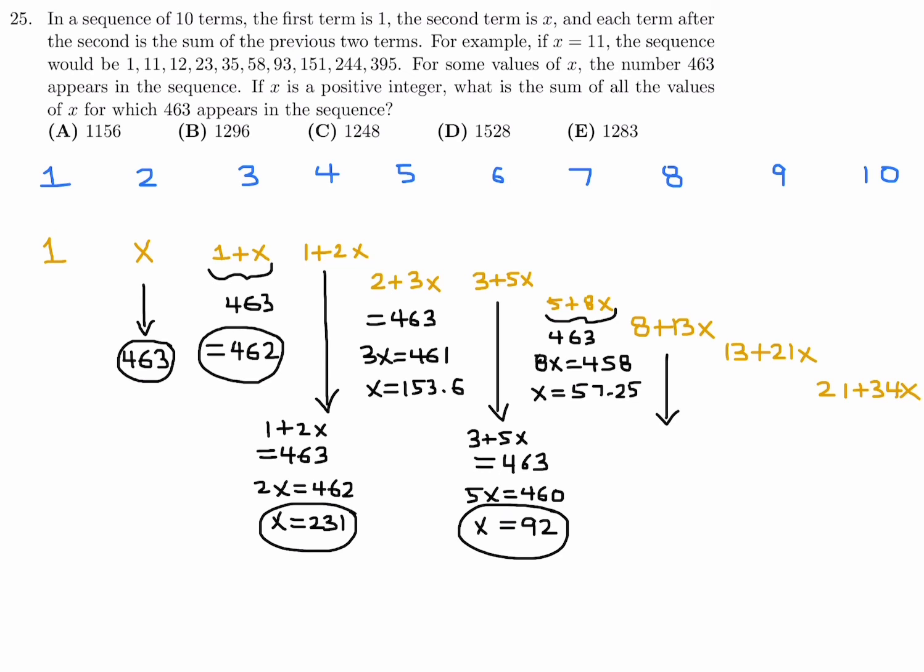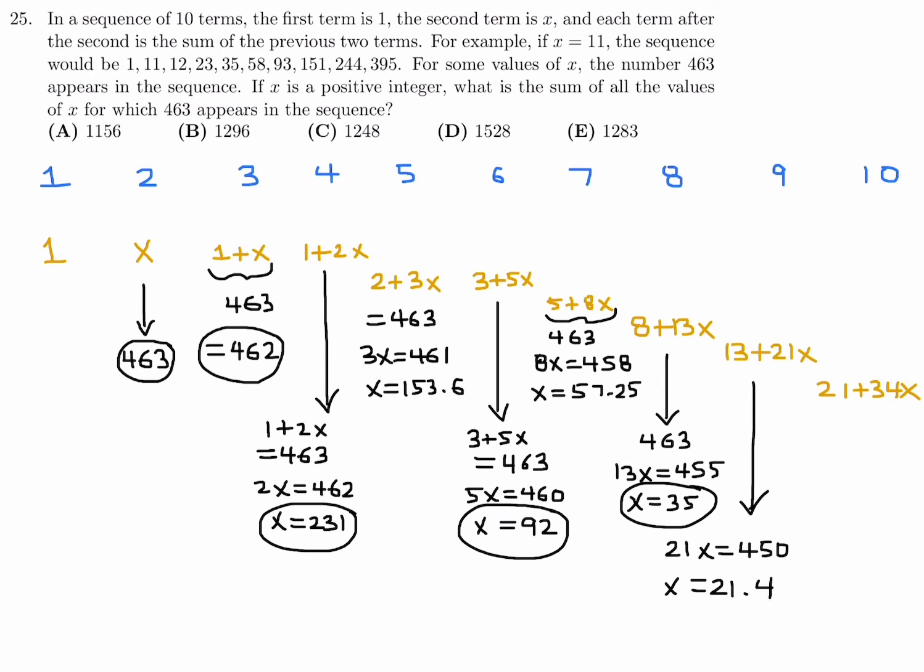8x plus 13 is equal to 463. If we do that, we get 13x is equal to 455, and therefore x is equal to 35. Okay, great. We keep that one. And then we got a couple more. So now if I set that equal to 463, I get 21x is equal to 450, and therefore x would be equal to